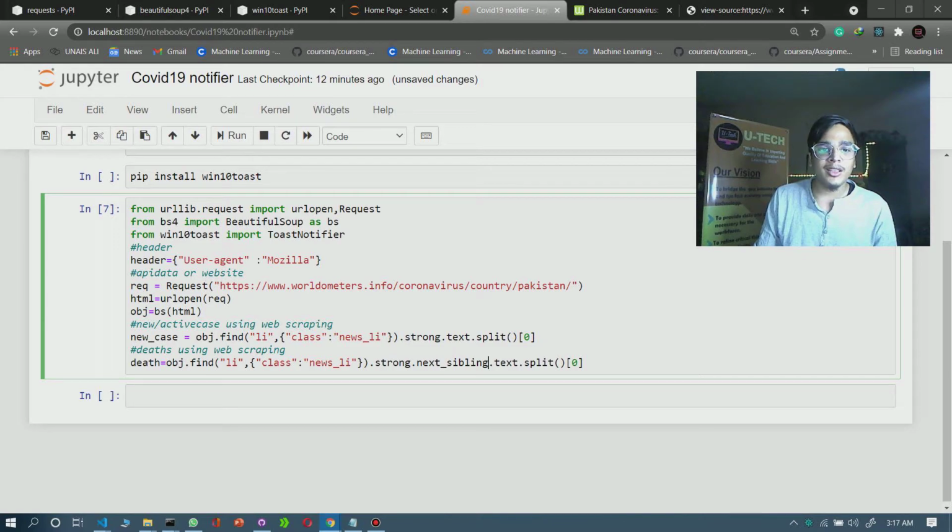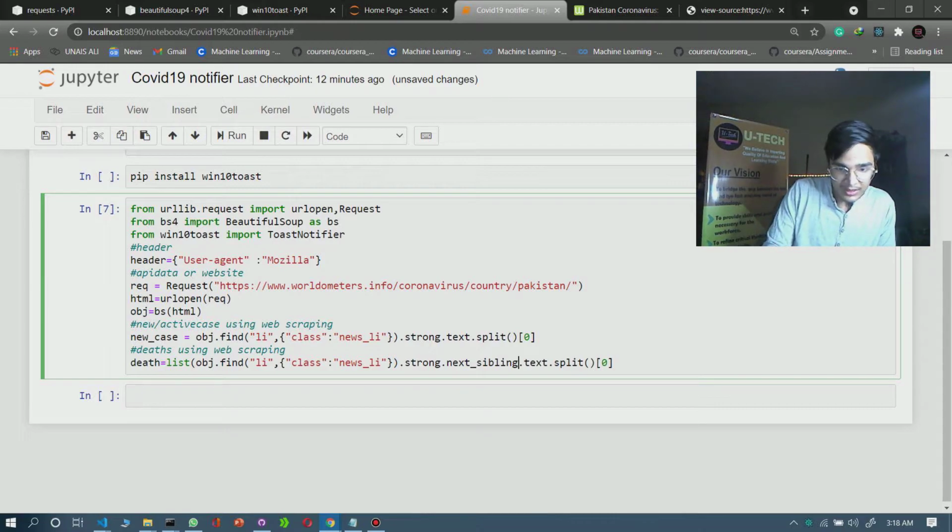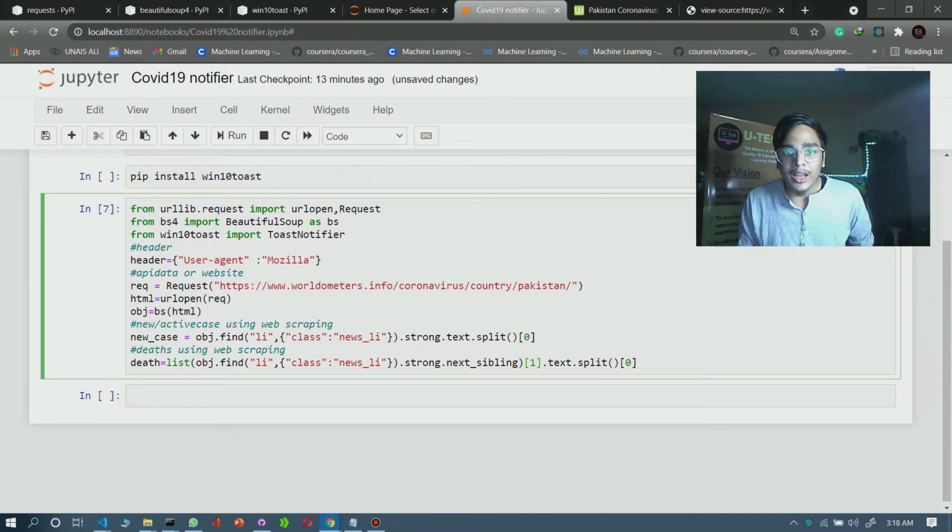Let's make it inside the list. Map it inside the list. And we write strong dot next_siblings, then close the bracket here. You have to be careful of the bracket, and we can give index 1 here. So it will get the data.